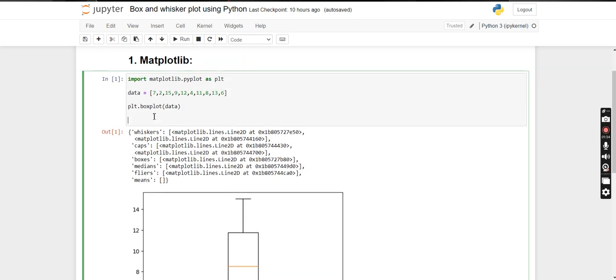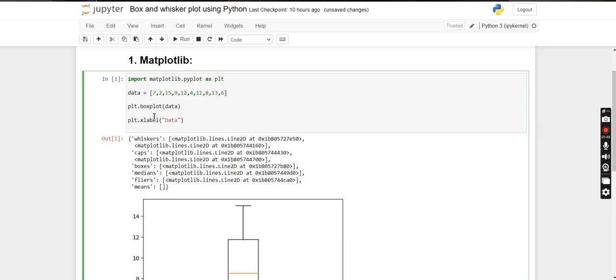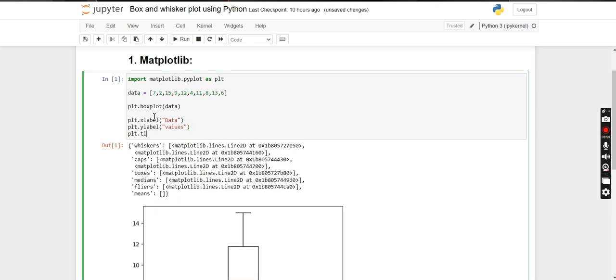But if you want to perform some customization, means if you want to give some x-axis name and some y-axis name, then you can use the xlabel method. In my case, in my x-axis there is data, and in my y-axis values are present, so I'll give values. Then you can give a title also. For giving a title, you can use the title method present in the matplotlib library. Then I'll give here box plot using